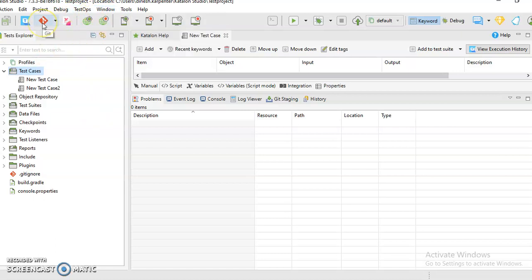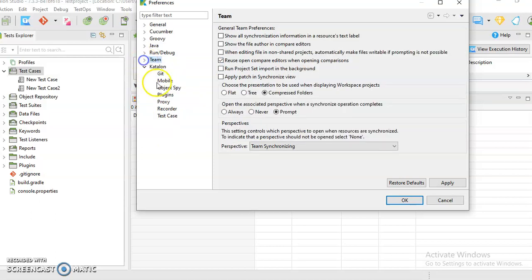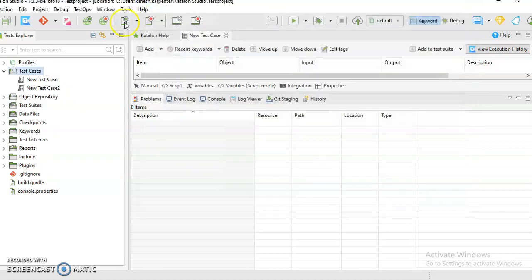This red icon you are seeing here is for Git, and you have to enable it from Katalon Studio. Go to Katalon Git preferences, where Enable Git Integration should be checked, and 30 seconds should be the default. Click OK, and this will enable Git here.